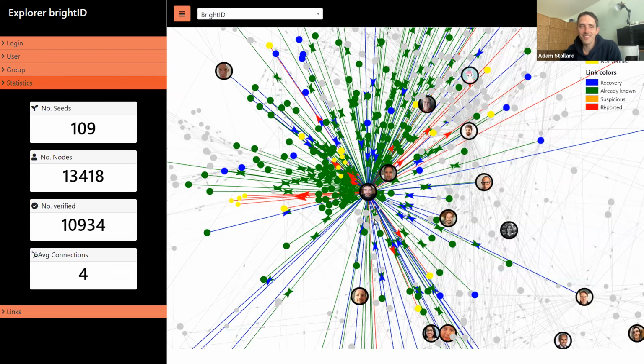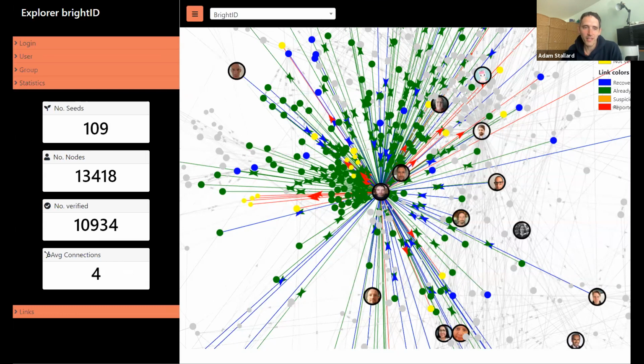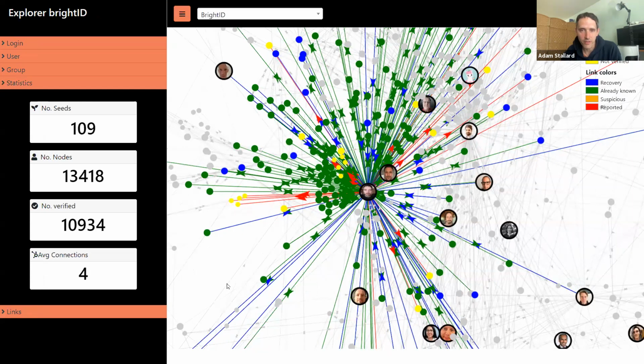And when you consider some of the super connectors, probably bringing the averages way up, it's probably less than that for your real average user. Probably has fewer than 4, which we really need to bring up, because we need more people to connect to people that they really know and set up social recovery. That's really important, because to me, a BrightID doesn't feel like a real BrightID until you have social recovery,